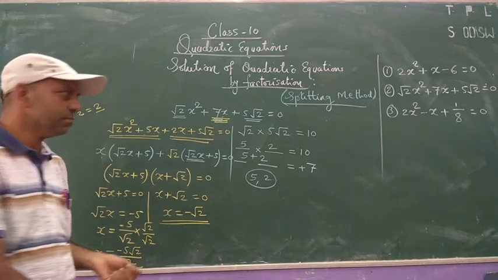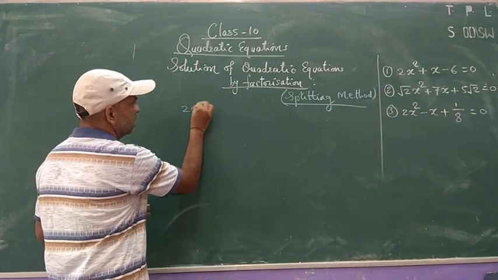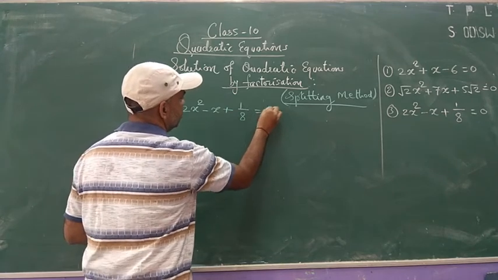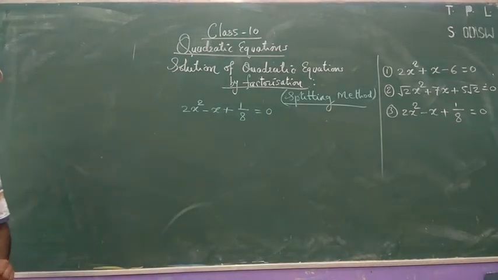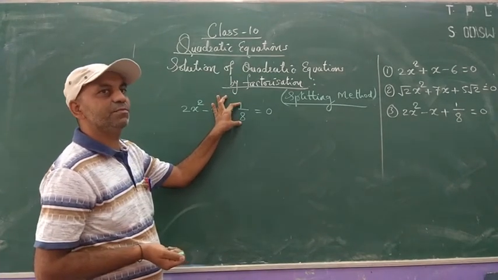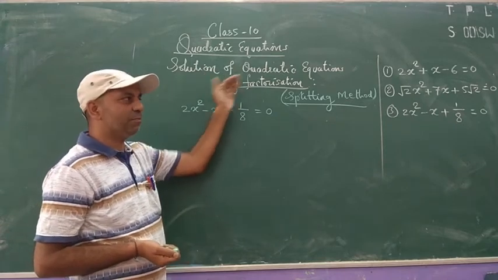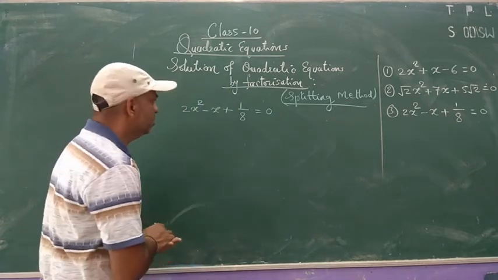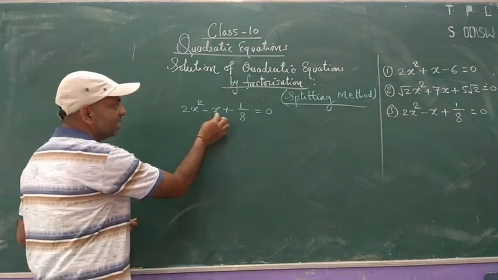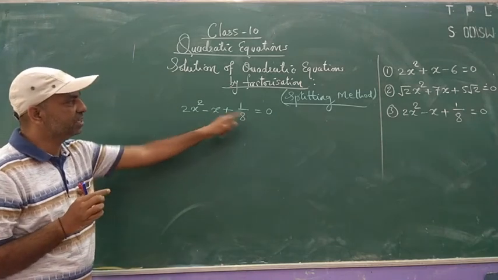Okay, the third problem, that is 2x square minus x plus 1 upon 8 is equal to 0. तो इस प्रॉब्लम में आपको ये जो टर्म है डिनोमिनेटर रैशनल नंबर में है p upon q फॉर्म, तो इसको आप सिंप्लीफाई करोगे तब आपको इक्वेशन मिल जाएगी. ओके, सो इसको हटाना है डिनोमिनेटर, तो हमें क्या करना पड़ेगा, हर एक टर्म को 8 से मल्टीप्लाई करना पड़ेगा. We have to multiply each term by 8.